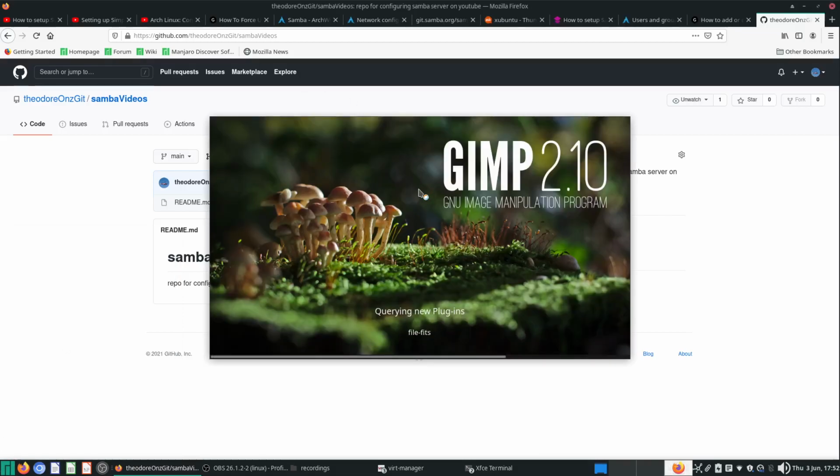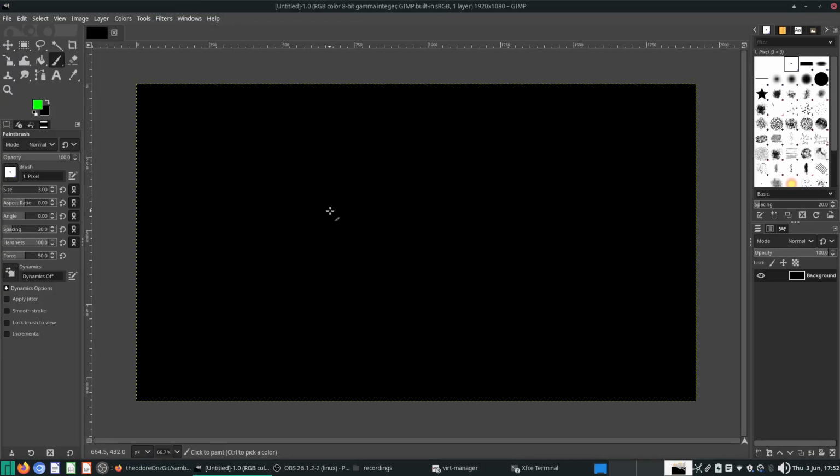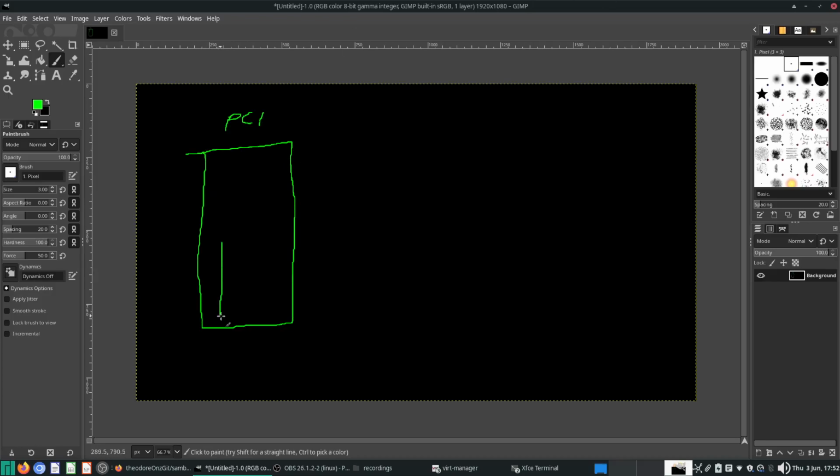Because I don't just want to go into the command line and start blasting commands at you, or not blasting commands, sharing commands, and you have no idea what's going on. Okay, so let's say I have my PC1, right? This is my main PC. Inside this PC I'm running some VMs, virtual machines, right? I want to share